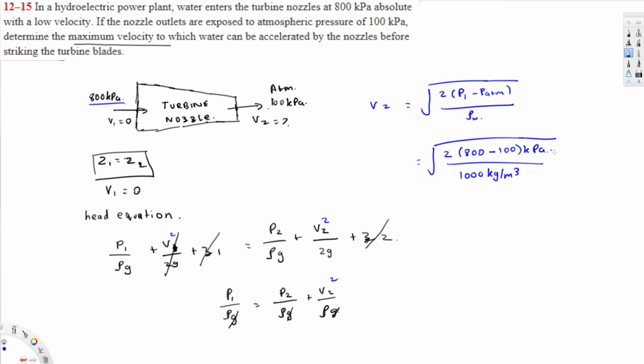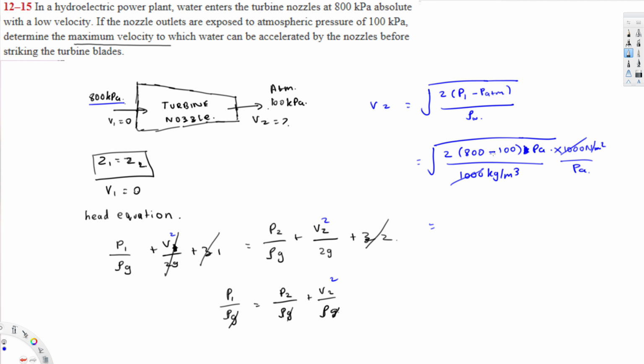Since it is kilopascal, I can convert it: it is 1000 Newton per meter squared per kilopascal. So we can cancel this one right here, and that gives us